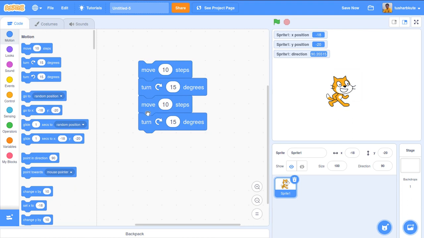When I want to execute all of these statements at a time, I'll just click on this. See, all these operations are performed at a time. We have moved 10 steps ahead, turned 15 degrees, then 10 steps ahead, again 15 degrees. So total 30 degree rotations are there. You can see 120, 90 plus 30, 120 degree rotations that we have observed over here. Likewise, we can connect all of these blocks together as per your requirement.